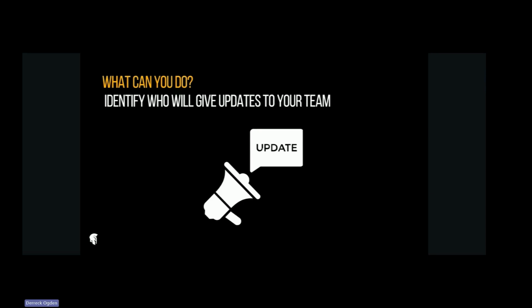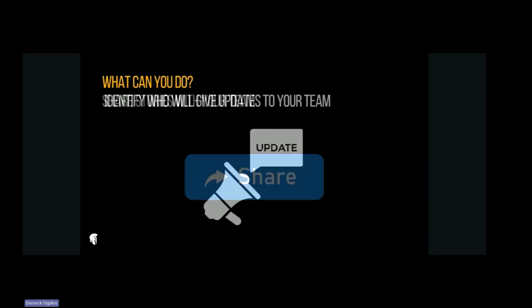So identify who will give updates to your team and where that source of information is going to be coming from, and also train them to verify that it's actually coming from that person. Make sure that somebody can be easily contacted at all times, right? So when updates do come out and you send emails out to your team, make sure that you're available to verify those over the phone, right? Yep, that was actually me. That is coming from me, right? I'm telling you to click on that form and fill it out and submit it for the health insurance updates, right? That kind of stuff.